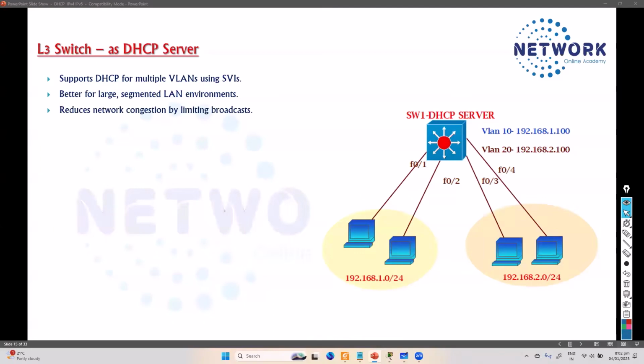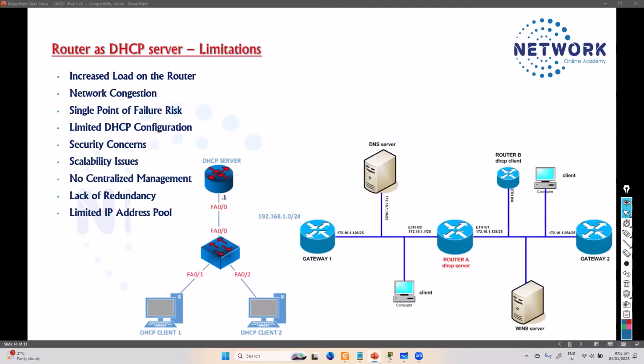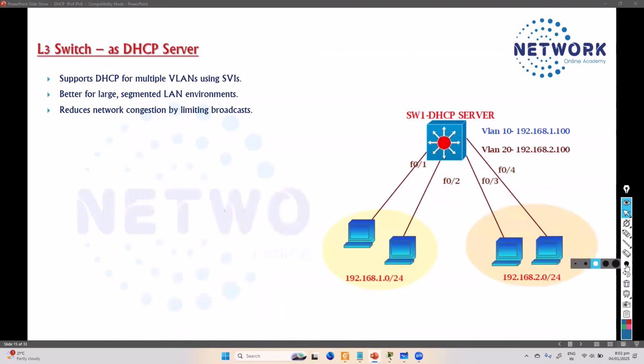Now, similar to the router, in most of today's scenarios you might be using a router as a DHCP server. There might be limitations, of course, similar to the switch as well. But one of the main challenges you will face is that in most of today's scenarios, L3 switches replace the majority of the routers, or maybe you use L3 switches for inter-VLAN routing because you have multiple